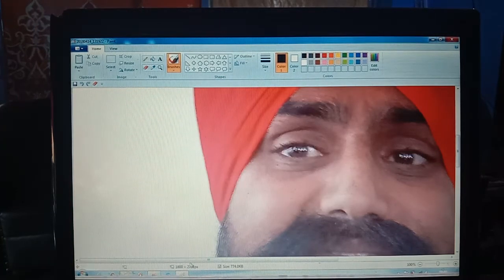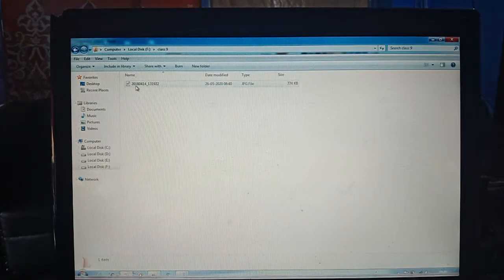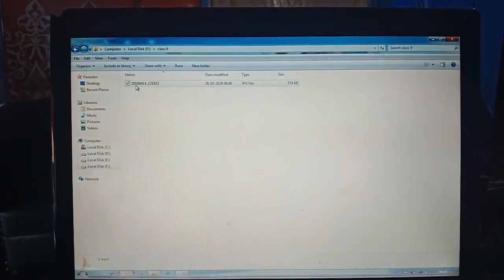Now again you can go to the window to see this. For example, this name is written in number format. We don't want that. We want to change this name, so we can use the rename option.